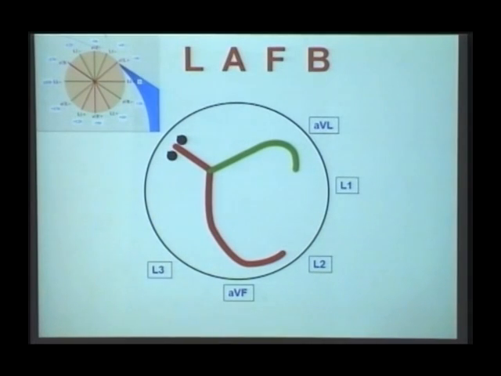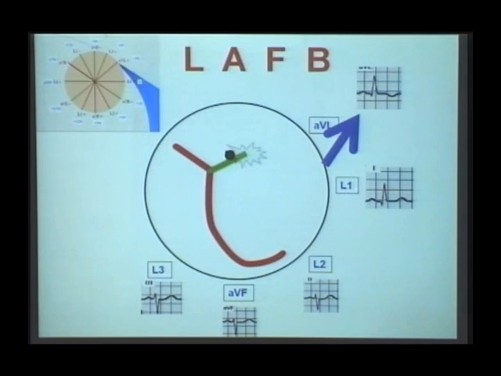Now let us see what's happening. Whatever I told you comes as a cartoon here. Normally, the main activation front is going towards lead 2 with a normal axis. Now we have a block in the left anterior fascicle. So the initial vector will come down like this and the terminal vector, unopposed, will go like this. The initial vector coming down is an initial small positivity, and the late unopposed vector will be going towards the left, resulting in the left axis